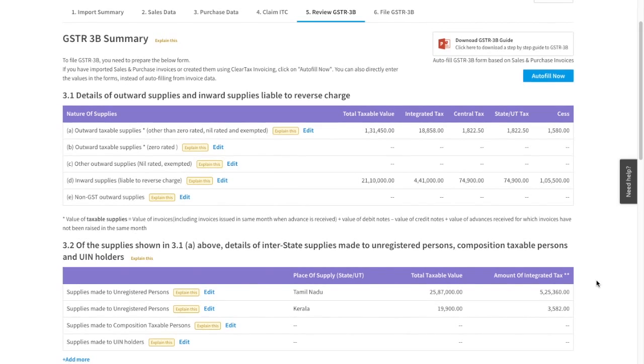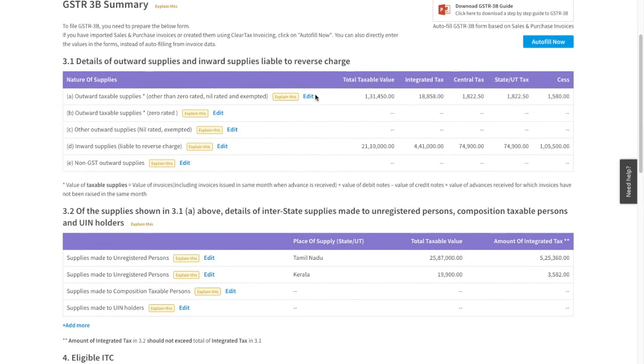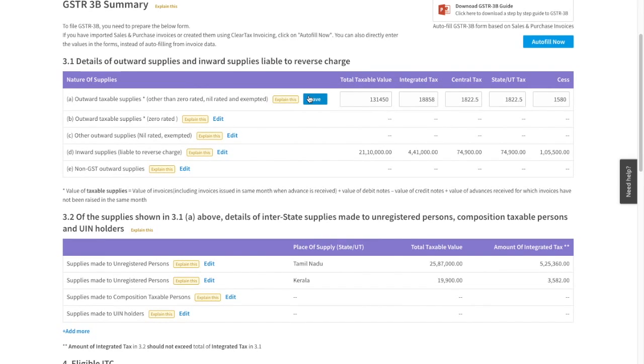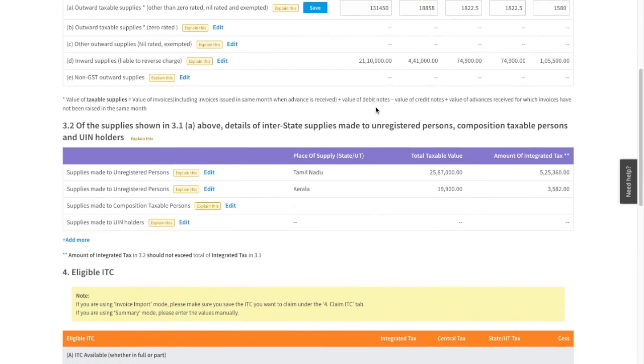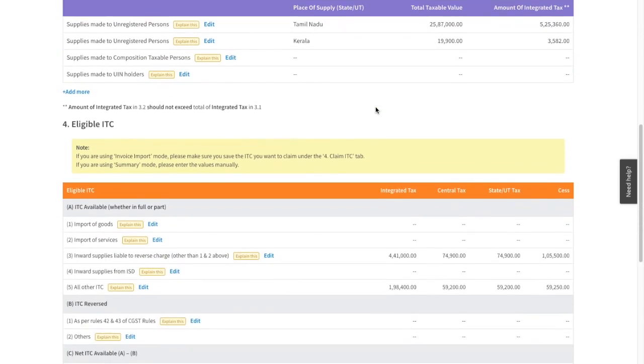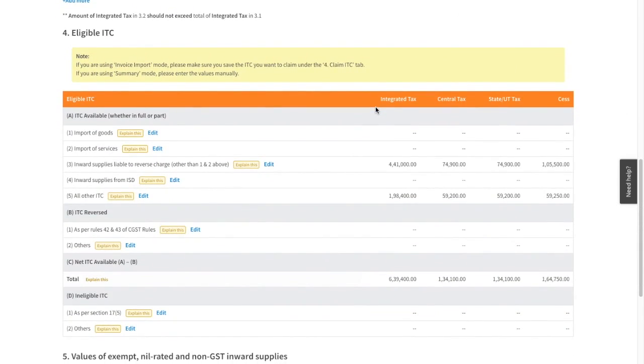As you can see, the software also has an option to edit the populated details of every field. Use this option whenever you wish to edit the details filled in GSTR Form 3B. After all the details have been filled, log into GST portal with your valid credential. Copy the value from our software to the relevant tables on government portal and submit.